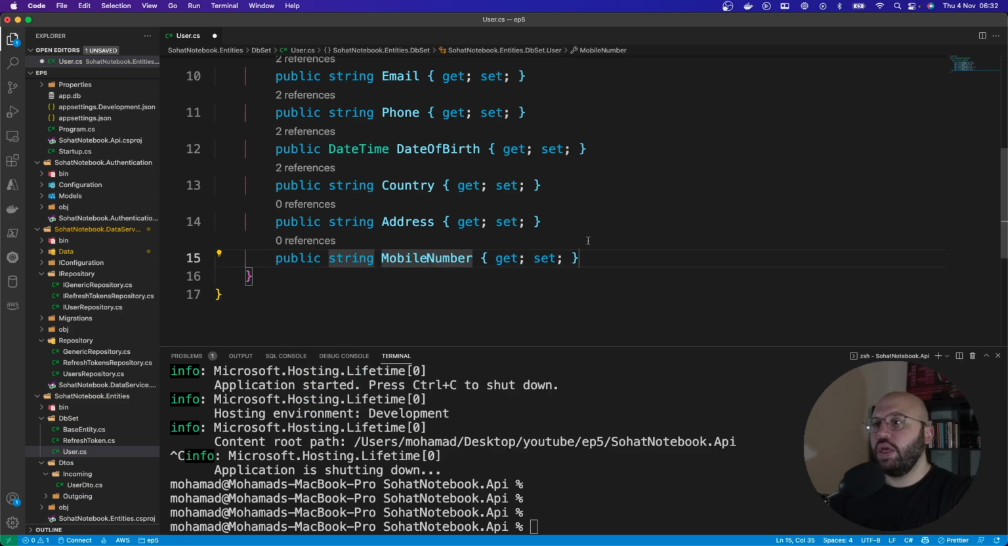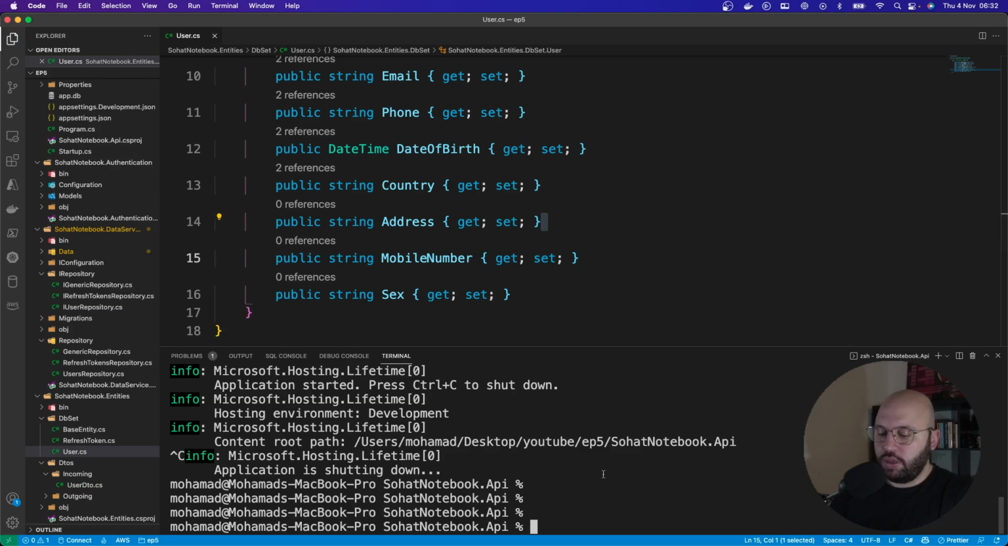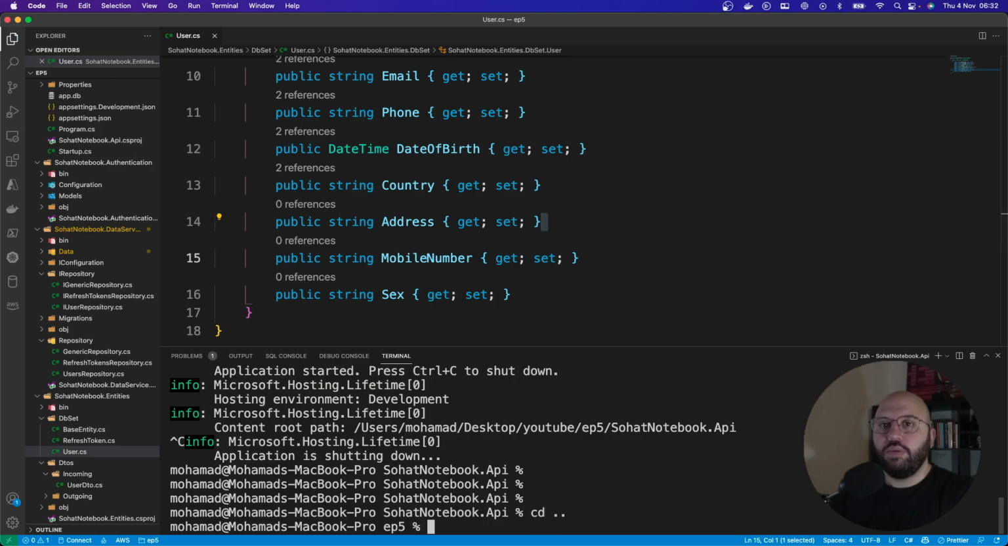And the last one, basically, it's going to be sex. So prop string, and it's going to be sex. Okay, great. Let's save this, and now let us go back to our Saha notebook data service, because that's where